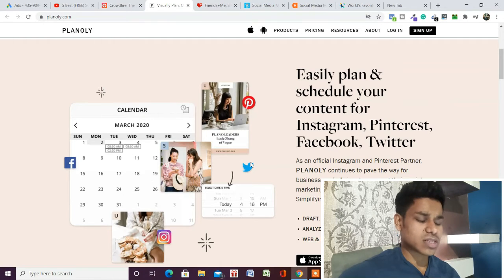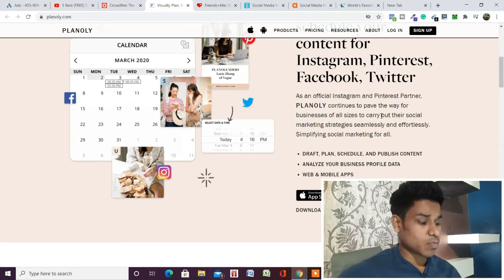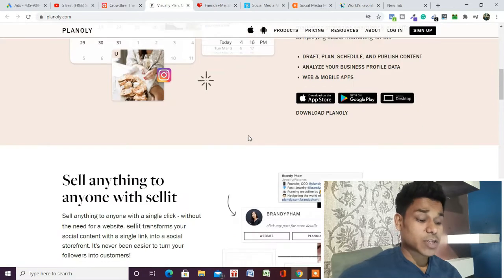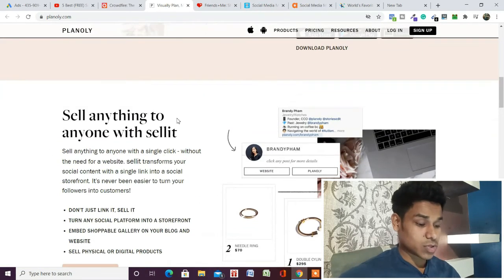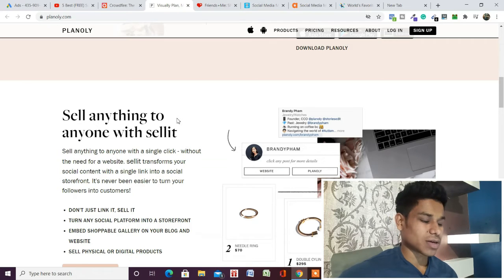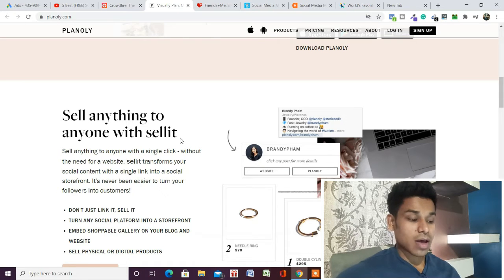So you can do the same thing. You can schedule your posts, you can design your content, so you will get all the premium features. And the best part of this tool, and why I use it whenever I am recommending it to anyone who does some kind of product selling, like if you want to sell your products through Instagram or through Pinterest, then this content management software is really good and you have to go with this, because sometimes